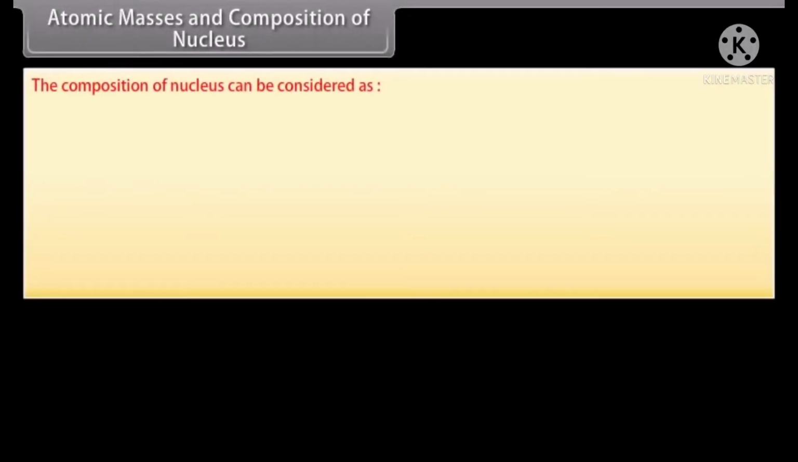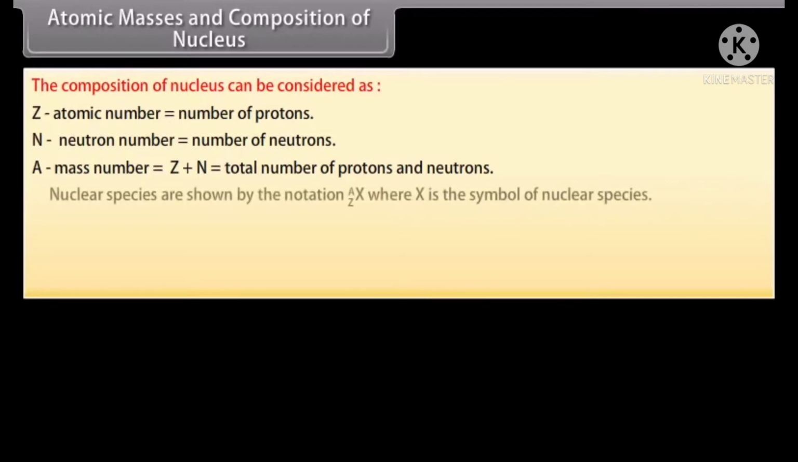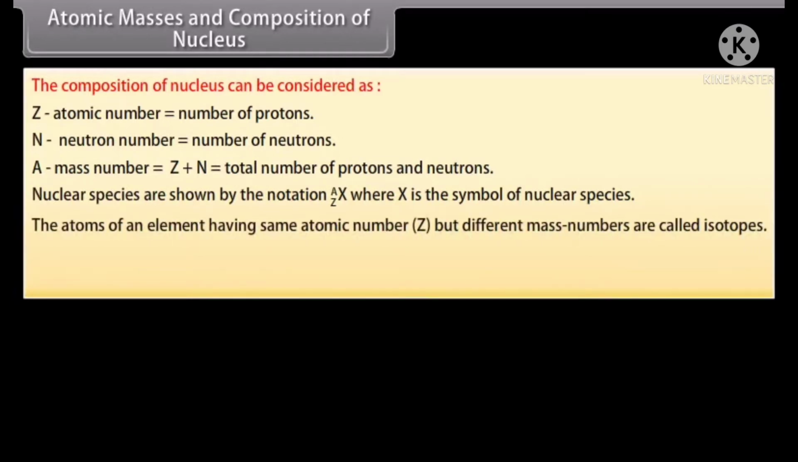The composition of nucleus can be considered as follows. Let Z be atomic number, which is equal to number of protons. Let N be neutron number, which is equal to number of neutrons. Let A be mass number, which is equal to Z plus N, which is equal to total number of protons and neutrons. Nuclear species are shown by the notation, where X is the symbol of nuclear species. The atoms of an element having same atomic number, that is Z, but different mass numbers are called isotopes. For example, isotopes of hydrogen are